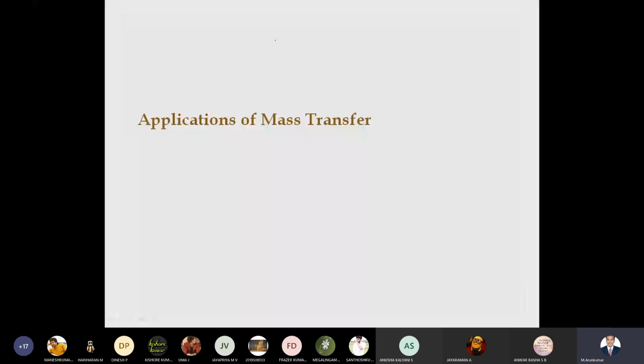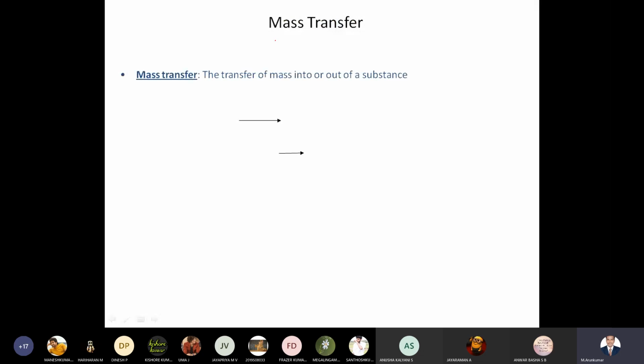So the applications of mass transfer were stated here. The transfer of mass into or out of a substance can be identified as mass transfer. Then the transfer of a chemical compound from one phase to another phase can be called mass transfer. So examples are